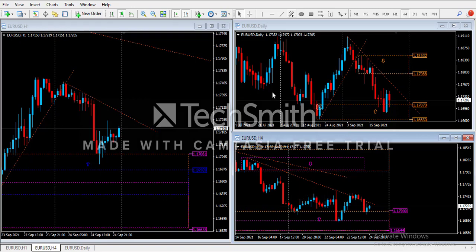So on the daily chart, the pair is in a flat position between the demand 1.1707, 1.1663, and supply 1.1798, 1.1853 between this range, and from the demand area price can develop an upward correctional movement to the supply